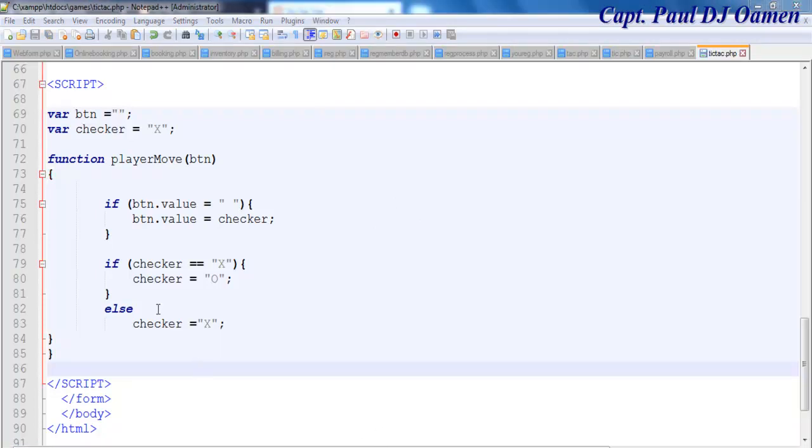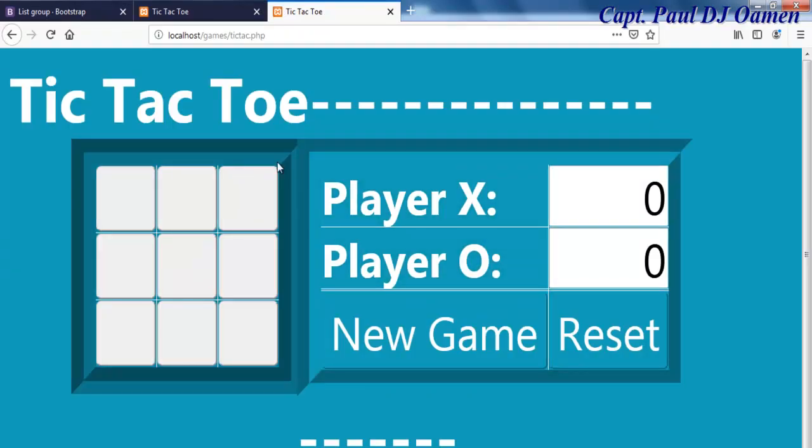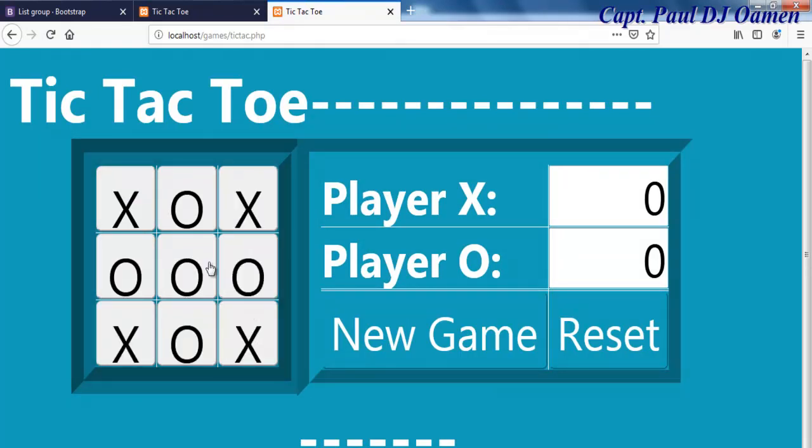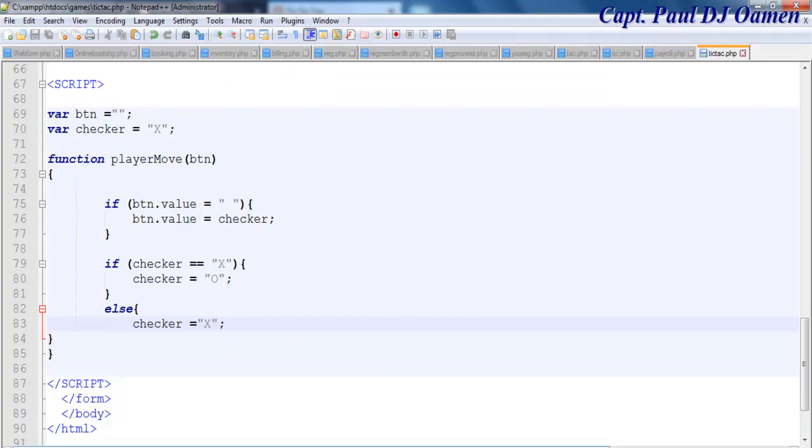okay, I cannot just run it yet. Let's correct this. Yeah, save that again, and let's go straight to my browser and refresh the browser. There we go. We can just enter X and O, whatever, in there. Reset, nothing can happen there. Let's go back. Alright, so the next thing is,